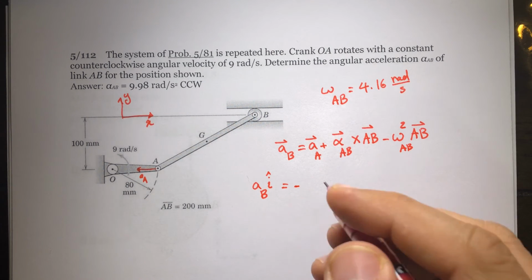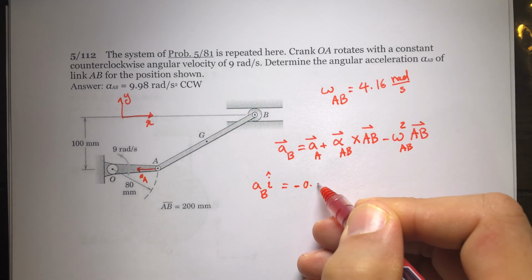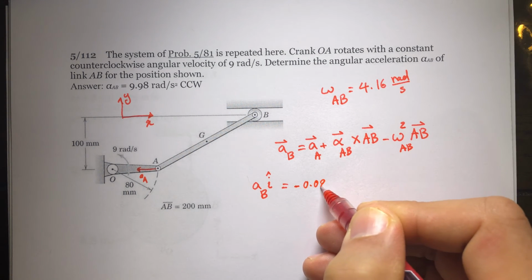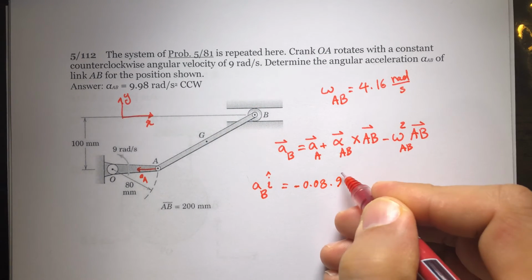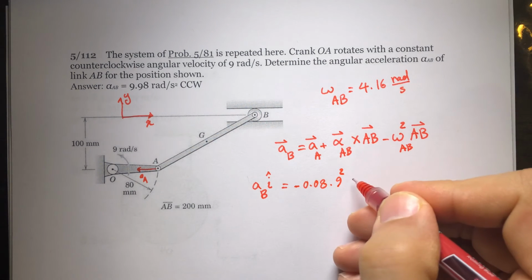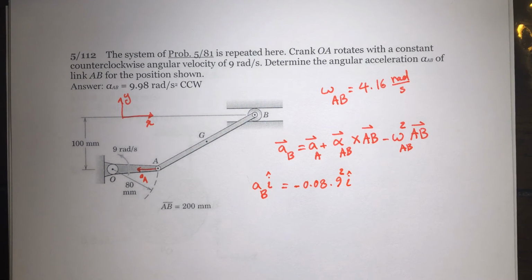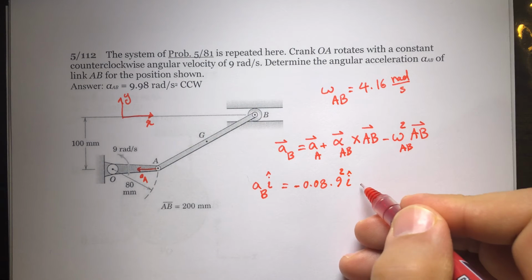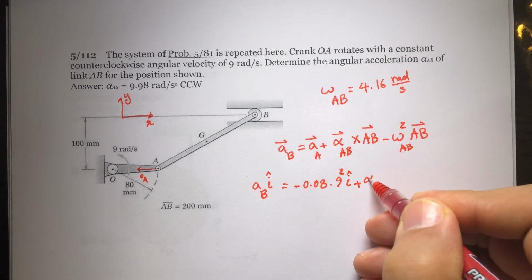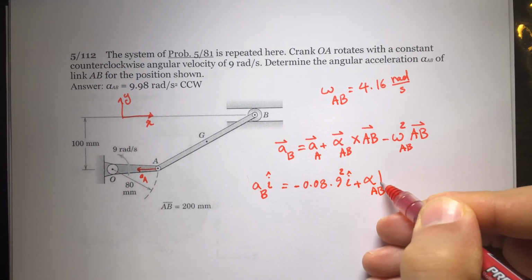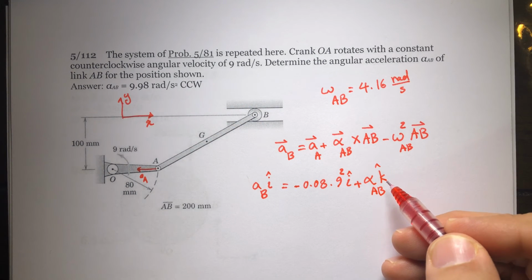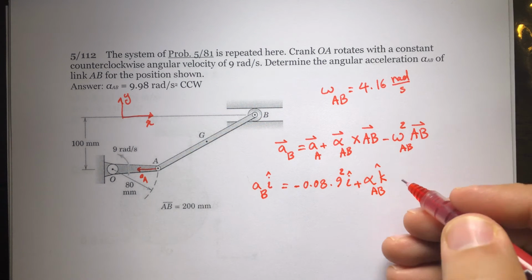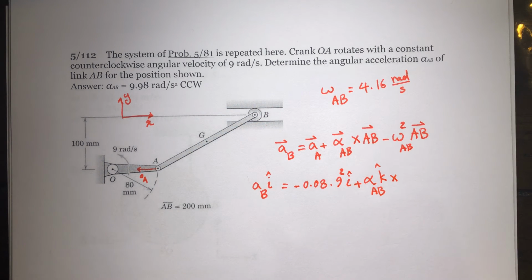So let's write that down. We are going to have negative 0.08 meter times omega squared, 9 squared, in the i direction. That's acceleration of A. Plus alpha AB, we don't know what alpha is, but the direction, because it's a planar motion, is always k, positive or negative, right? Cross product to AB. And AB, we know